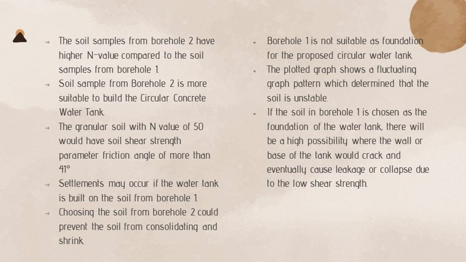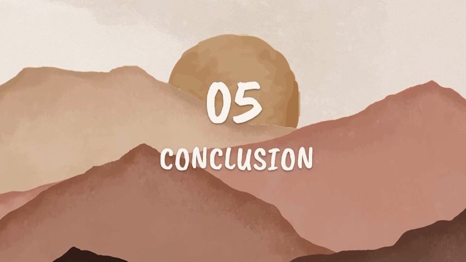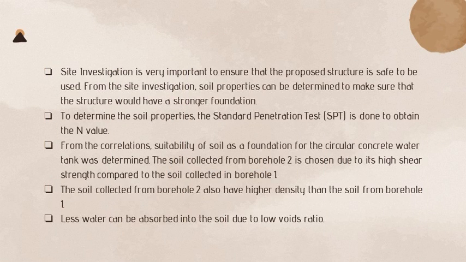The plotted graph shows a fluctuating graph pattern which determines that the soil is unstable. If the soil in borehole 1 is chosen as the foundation of the water tank, there will be a high possibility where the wall or base of the tank could crack and eventually cause leakage or collapse due to the low shear strength. To conclude this experiment, the site investigation is very important to ensure that the proposed structure is